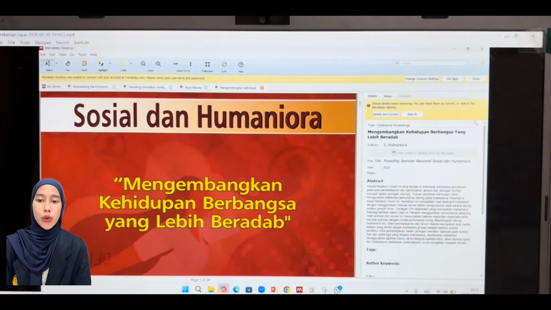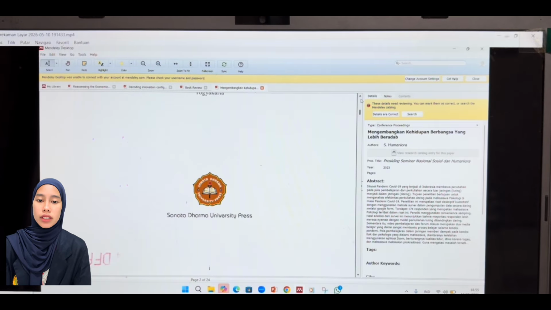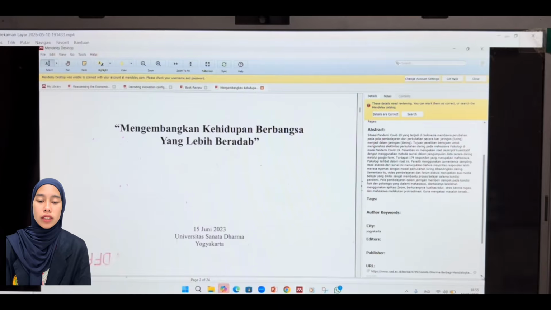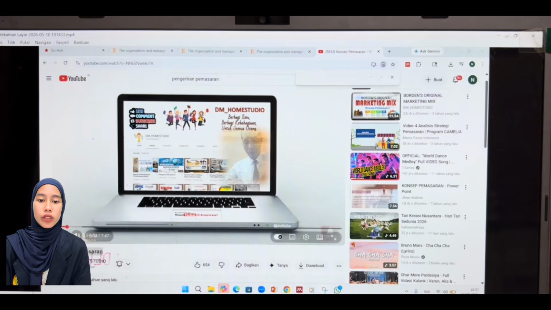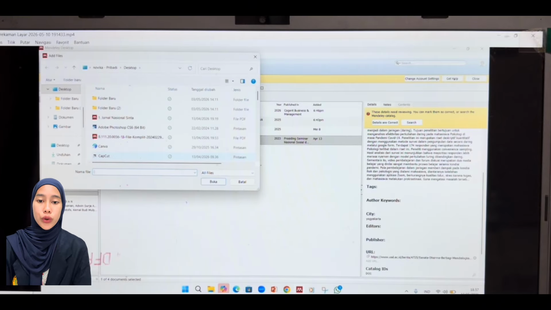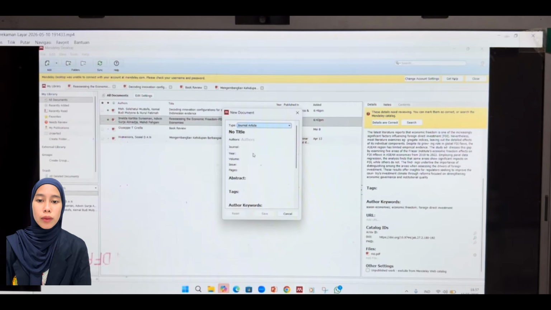Don't forget to also check the year and department field if they are available. Having complete data is very important so that our citation looks credible and the source clearly shows which institution it belongs to.